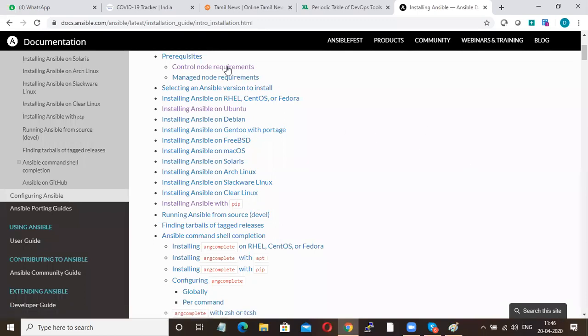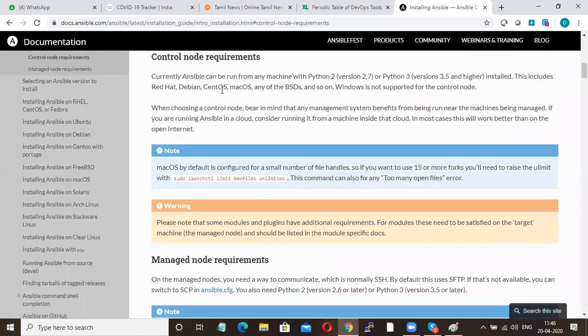Now, this might be your interview question. What is the requirement for working with Ansible? Control node, as I said, control node is master node. The very important thing is Python 2 or Python 3 is needed. Then very important is Windows is not supported for your control node.